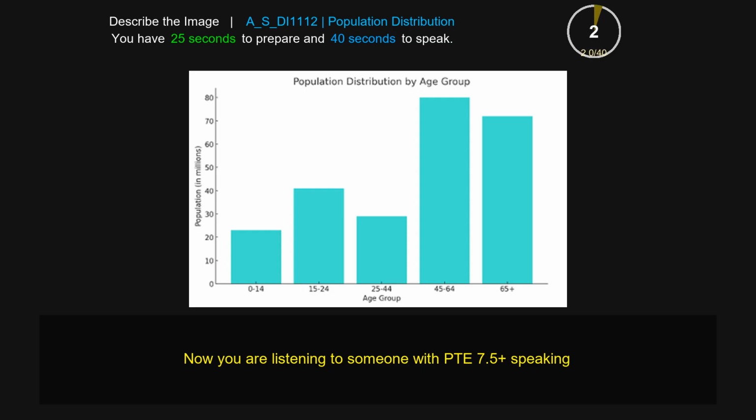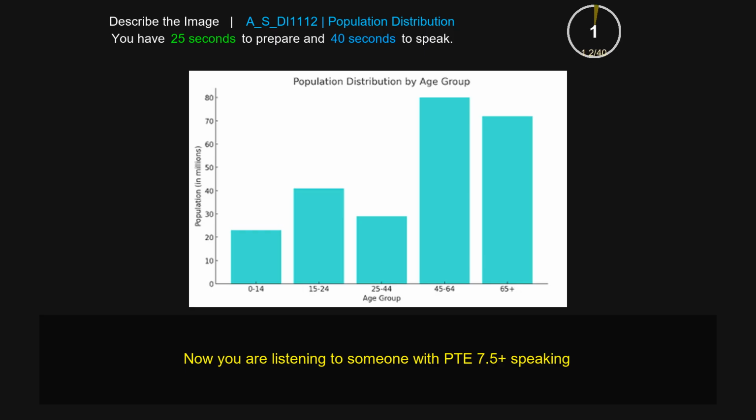This graph gives information about population distribution. The comparison between population distribution by age group and population in millions shows a very slight difference. The most important are 0, 10, and 20, and the least important are 60, 70, and 80. The comparison between age group and population in millions shows a very slight difference. On the one hand, there are 0 to 14, 15 to 24, and 25 to 44, and on the other hand, there are 10, 20, 30, and 40. The first point on the x-axis is 0 and the last point on the x-axis is 80. The first point on the y-axis is 0 to 14 and the last point on the y-axis is 65 plus age. Overall, the picture is